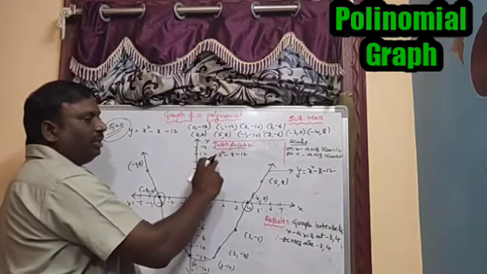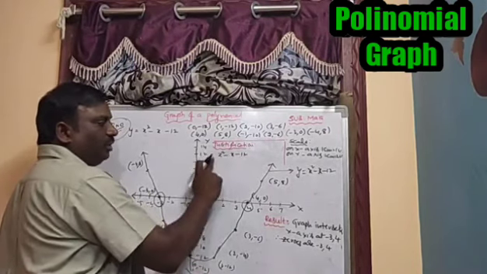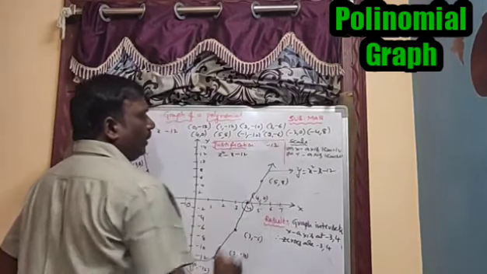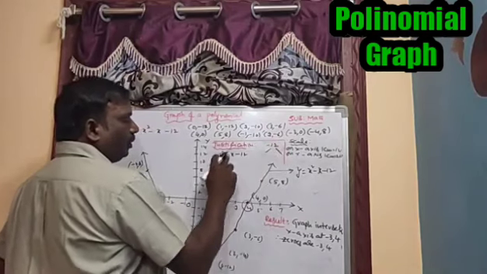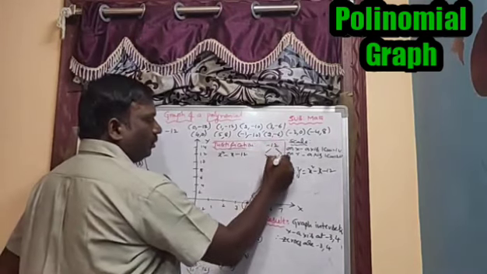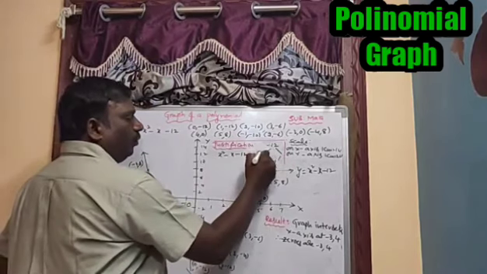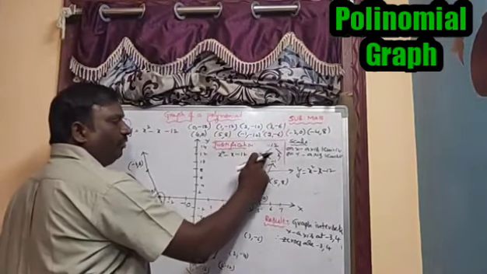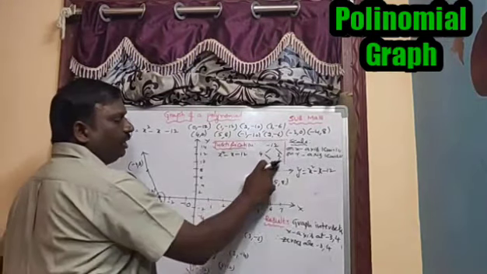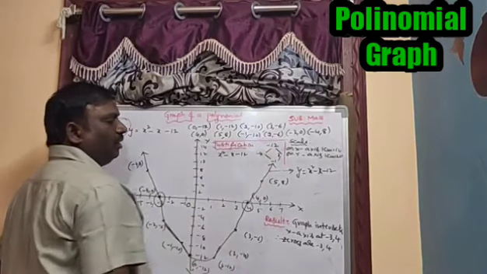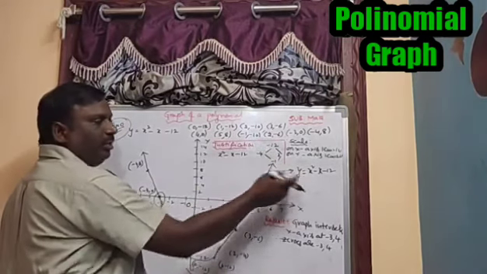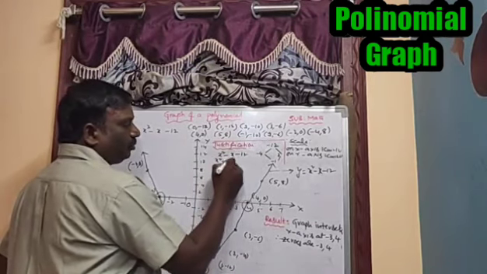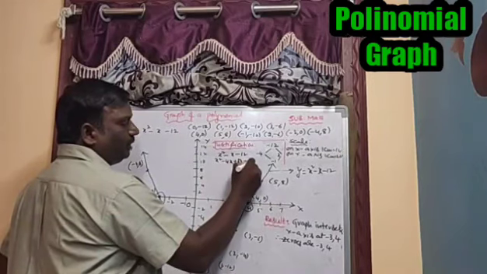Already I explained how to do the factorization. Take the constant term and the x square coefficient. What is the value? 1 into minus 12 is minus 12. And the x coefficient is minus 1. So 4 and 3 we have to take. To get a negative value, one of the values should be negative. So to get minus 1, this is the negative value. Already we did this 5 minutes back: 3 minus 4 is minus 1. So x square minus 4x plus 3x minus 12.